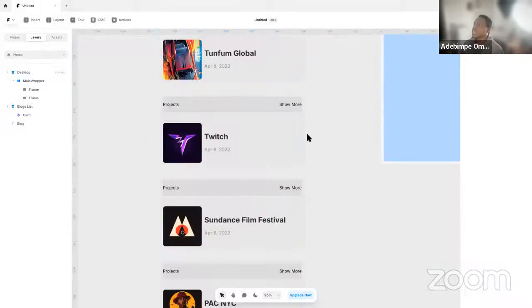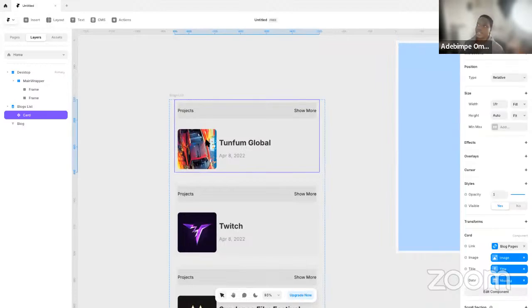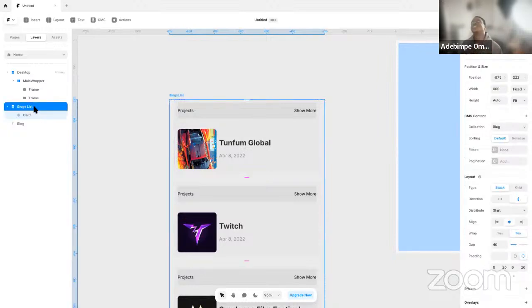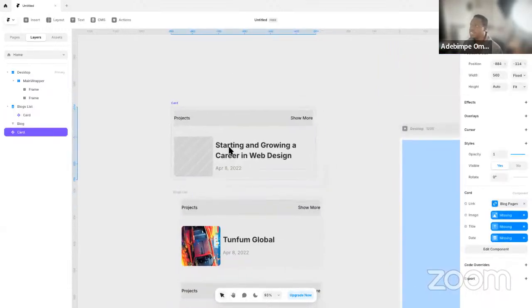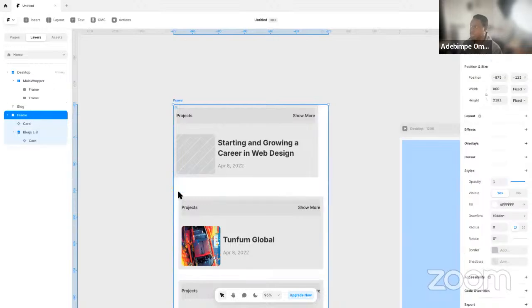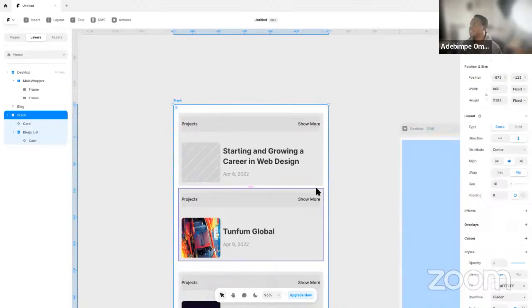So very quickly, what we can do is we can either choose to create a separate card in this same blog list item, or add these same components, right? So this same one, we're just going to copy it, bring it outside, just above the blog list, and I'm going to group them, right? So now that I've grouped them,